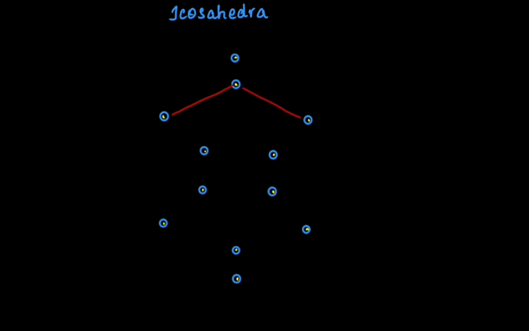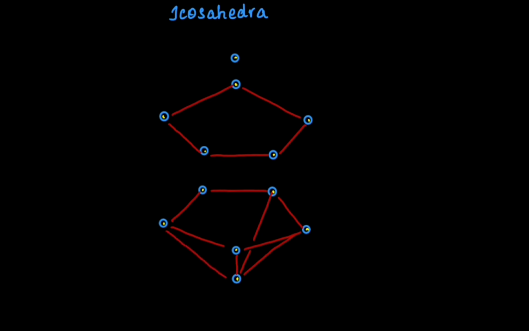First, let me construct a pentagon. And mind you, these two pentagons are planar pentagons, not like the octadecahedra one, where the second pentagon seemed to be in plane, but it was not in plane. In this case, these two pentagons are in plane. Later join this pentagon to the bottom vertex. This will generate 5 triangular faces. I made a separate video on icosahedra that would also serve the purpose.